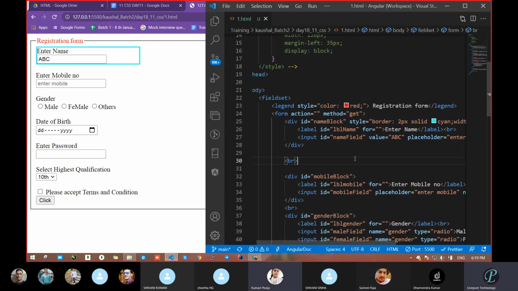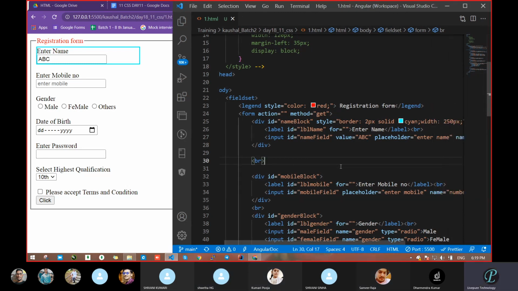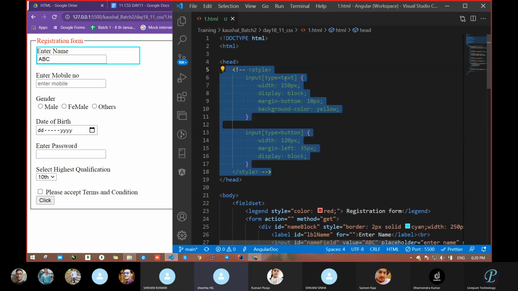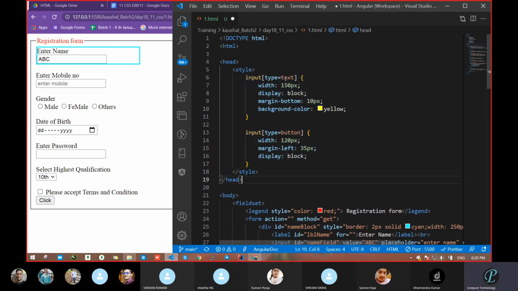Don't tell me there is no demerit. Width is greater than the enter name ABC, it is short. Let it be that one. Go for another demerit. Sir, yeah, it is looking bad. It is looking large.